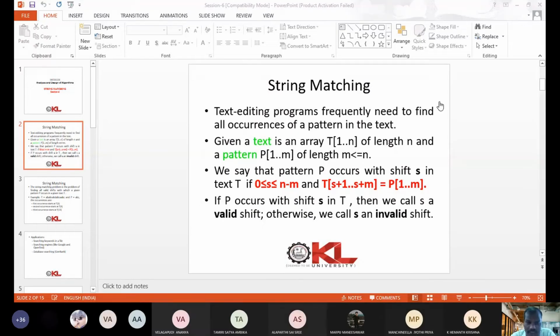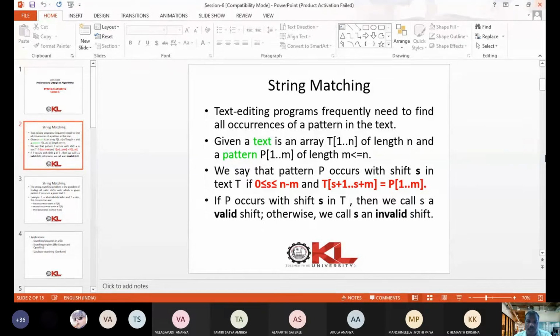So these string matching algorithms are also called string searching algorithms. This method is to find a place where one string is found within a larger string. Normally we are given two strings, one larger string and another smaller string. Then we find where the smaller string appears at different places of the larger string. That is the meaning of string searching.